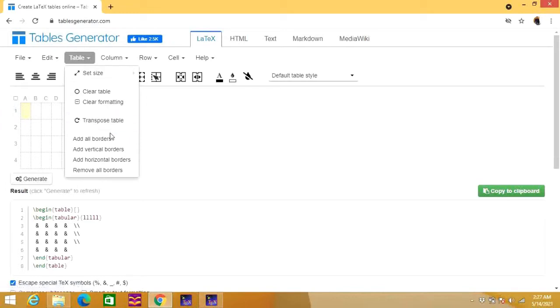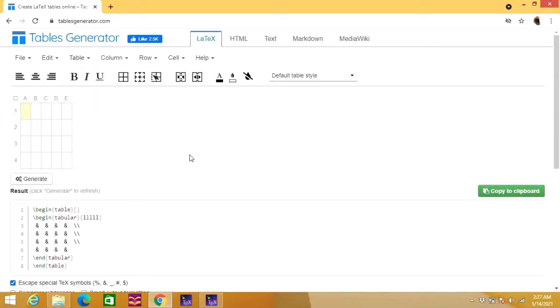And if you want to add borders either in a vertical manner or in a horizontal manner, you can use these options. Similarly you can use the Remove All Borders option to remove the borders of the table.